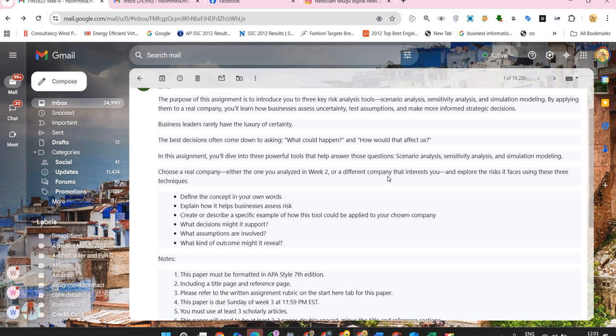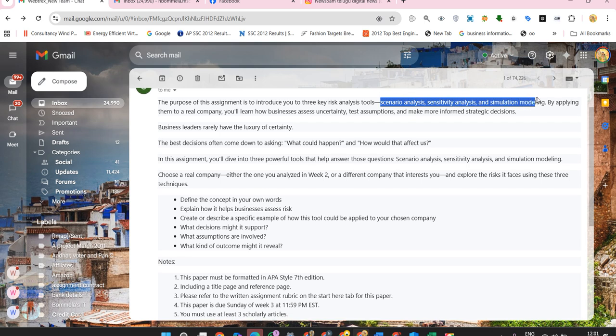Okay, this document, this task requirement speaks about three key risk analysis tools. Usually, as we are working on financial modeling, we say financial risk analysis tools. Those three financial risk analysis tools are scenario analysis, sensitivity analysis, and simulation modeling. Using these three models, we are supposed to perform certain analysis on a real company which you selected in the